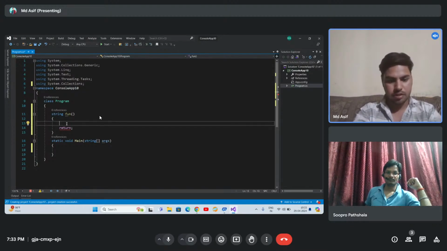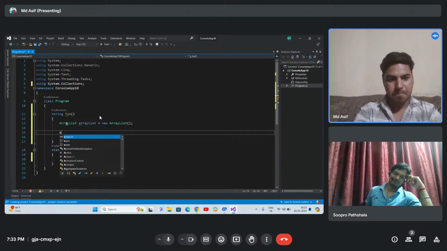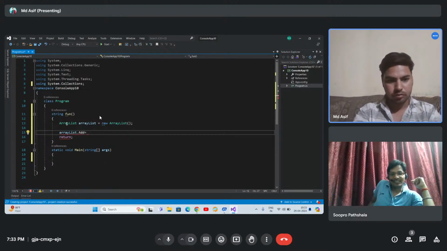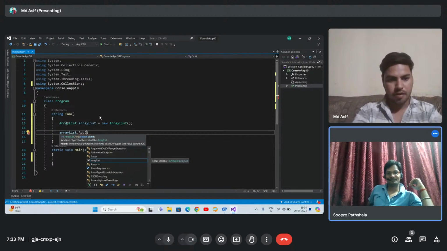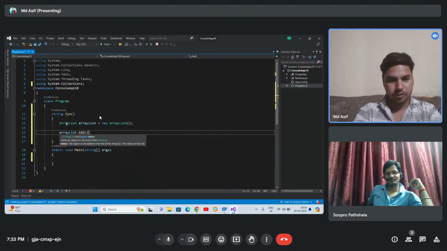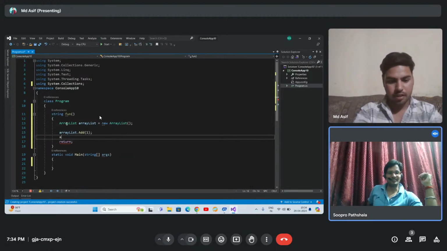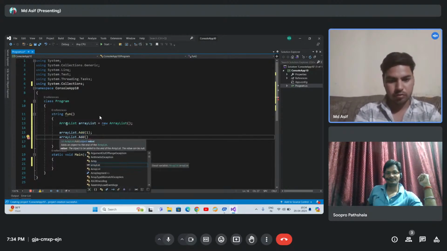Now import this ArrayList and create an object with new ArrayList, and add this. Add is a method, so just open and close brackets; parentheses are required. You need to add different types like integer, string, float, double, and boolean. Add a character value,